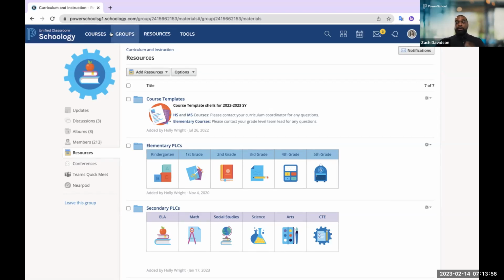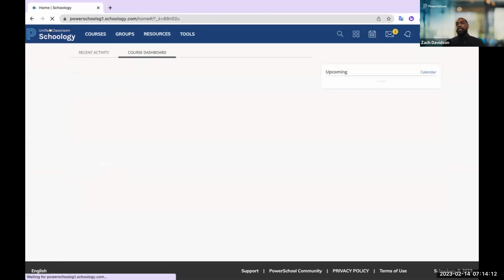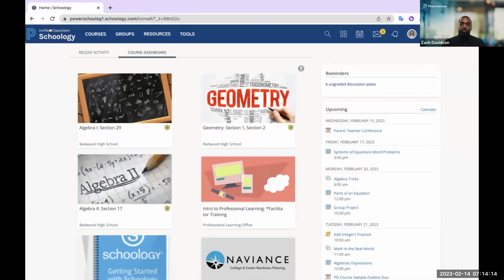Now, again, we talked about resources. I'll just mention here, this resources area in the platform really does act as a content repository. It's unlimited storage for all of your individual users and for your school and or district as a whole. Now, the course dashboard, right, from this homepage experience, remember, I mentioned already, we're bringing in the courses and course enrollments directly from your student information system.